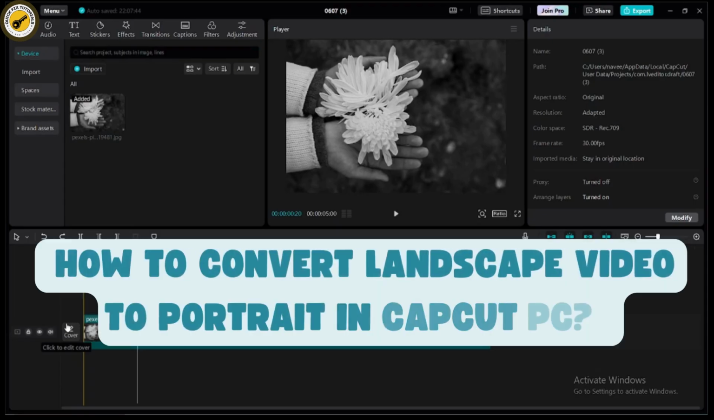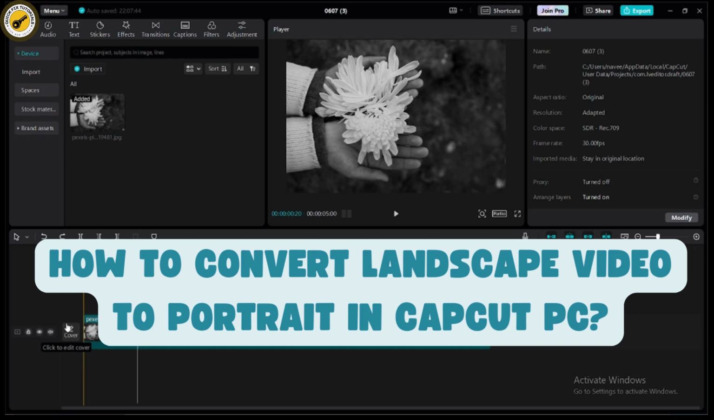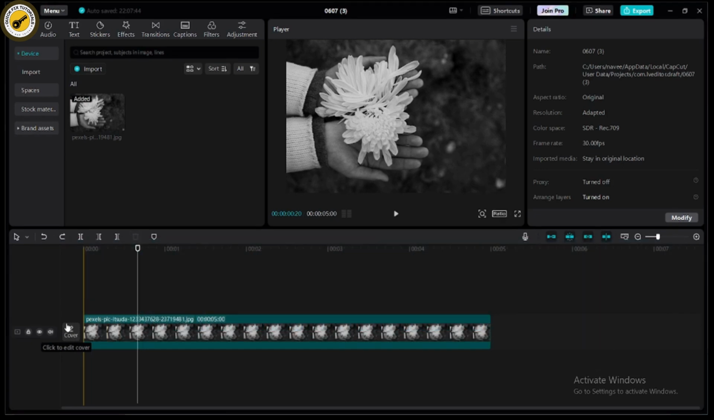How to convert landscape video to portrait in Capcut PC. So if you want to convert landscape video into portrait in Capcut PC, then what you need to do is